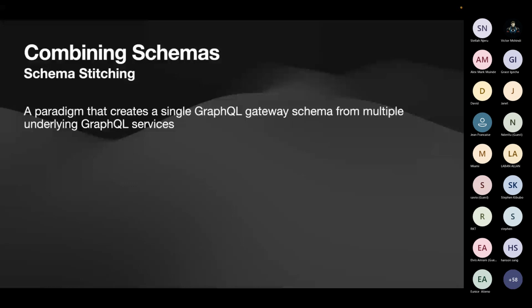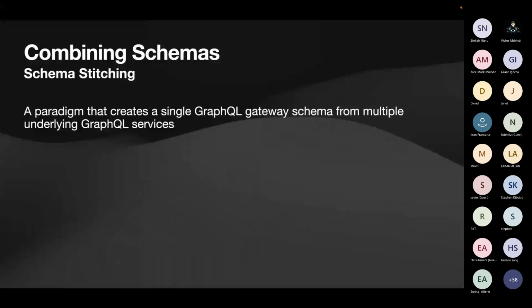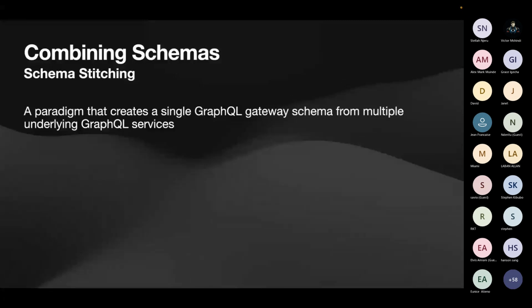If you've used something like Apollo Federation or Apollo Router, there are similar ways, but the other ones tend to be vendors of creating this super graph from underlying sub-services. So what happens is that you compose these smaller schemas into one gigantic schema that you can call in one endpoint.